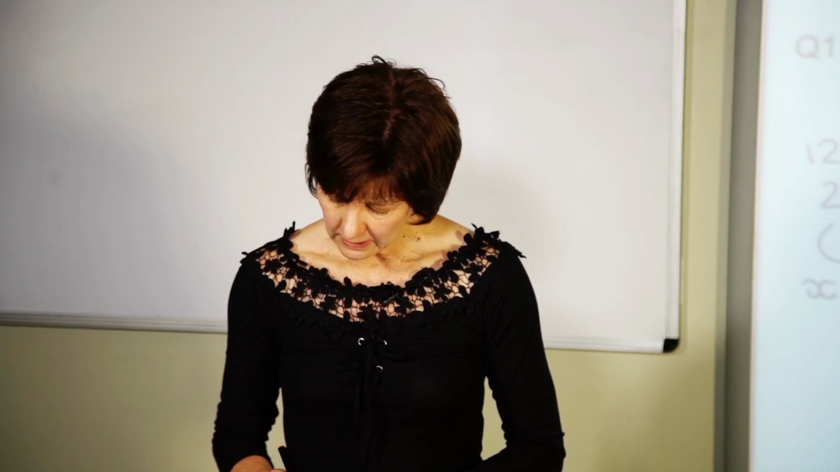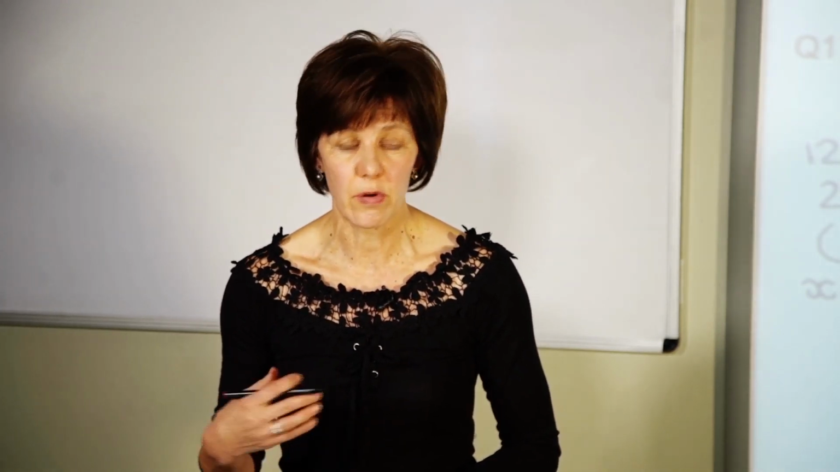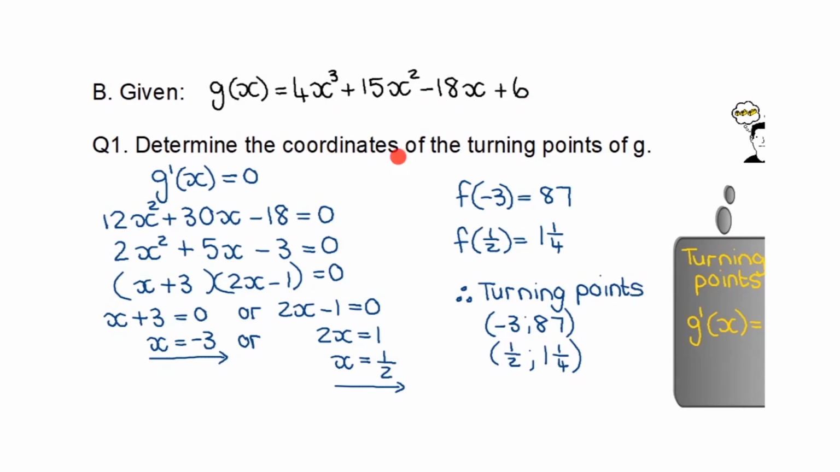Since we have already done turning points in a previous question, let's just quickly go over this one and rather focus on the other questions. So, for turning points, what do we know? At the turning point, the derivative will be equal to 0. So, the derivative of g must be equal to 0. I differentiated it. 3 times 4 gave me the 12x squared. 2 times 15 gave me the 30x minus 18 x to the power 0, and this derivative must be equal